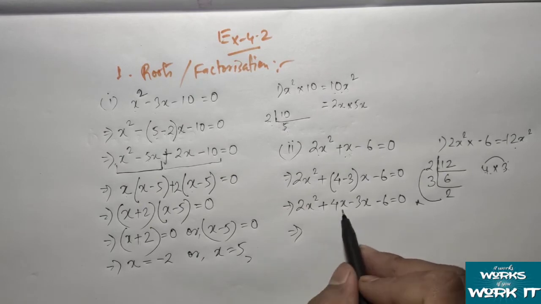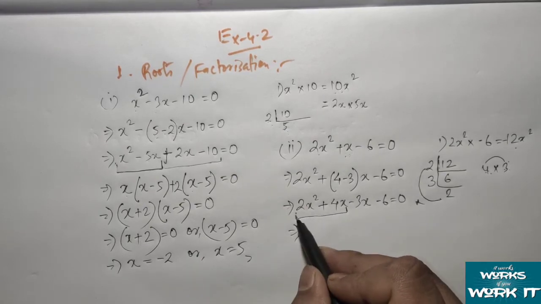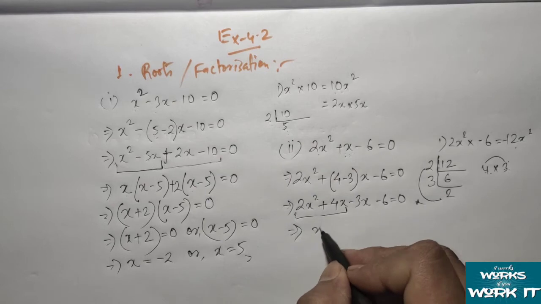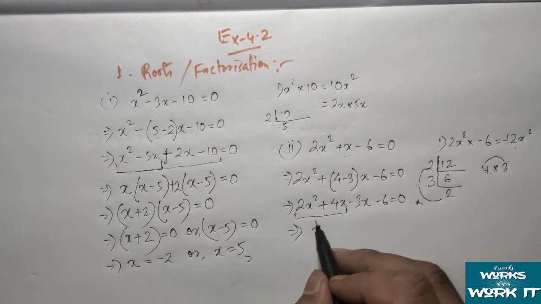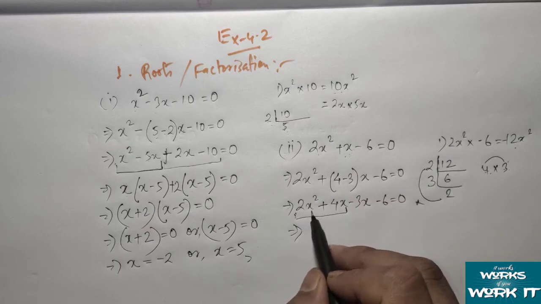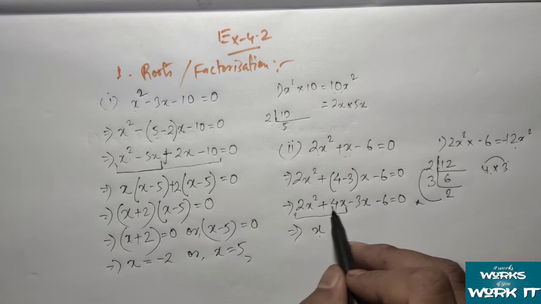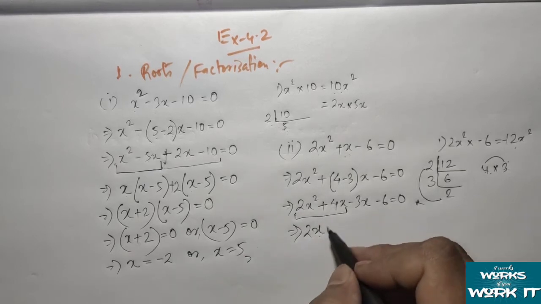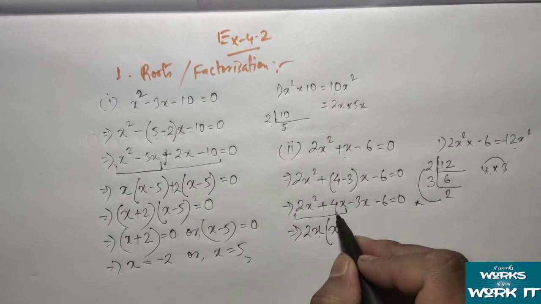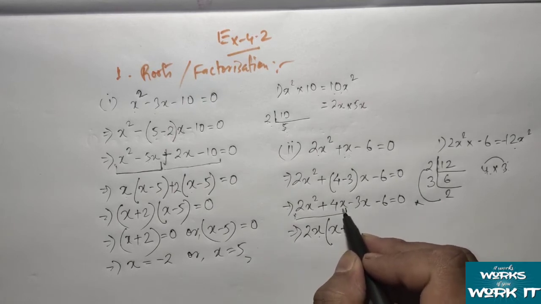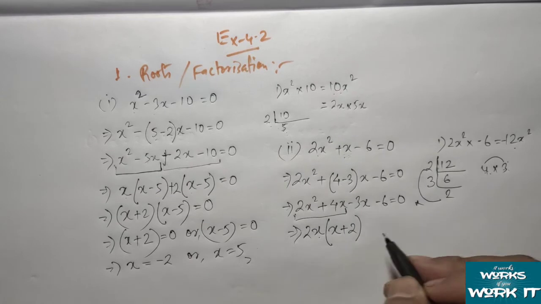So out of these two, we can take the common factors here. One is we can take x, because x is present in both the terms, and after that we can take the number 2, because in the table of 2 both 2 and 4 are coming, so that's why I am taking 2. So x will remain here, and then what will remain from here, if I take 2x as a common from here, it will remain as 2.